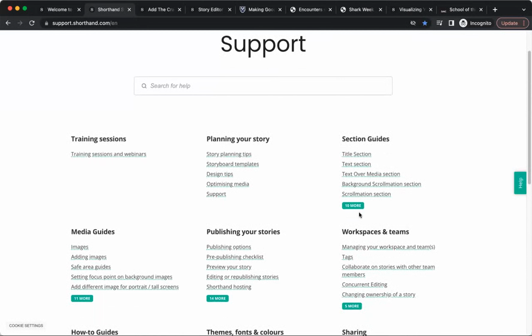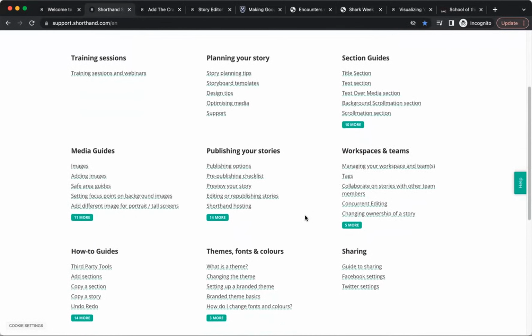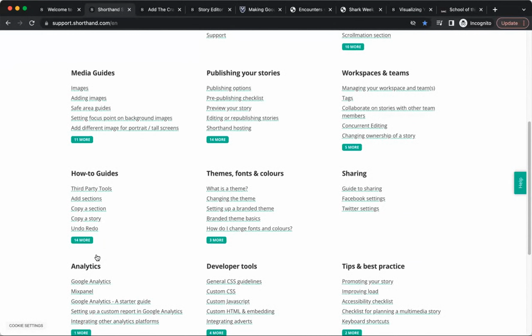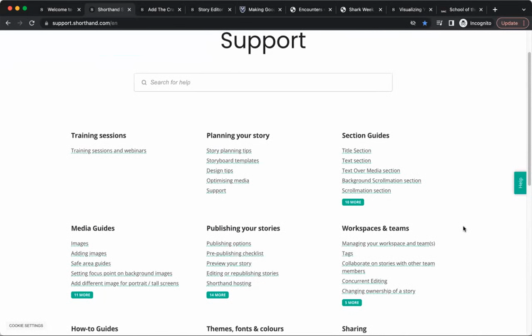because from here you can see specific section guides, you can get story planning tips. Maybe you want some more on how-tos or more on the analytics and best practices. Again, it's so helpful here. And all you'll have to do is essentially search for what you're looking for. So maybe if you are interested in planning your story, you can click